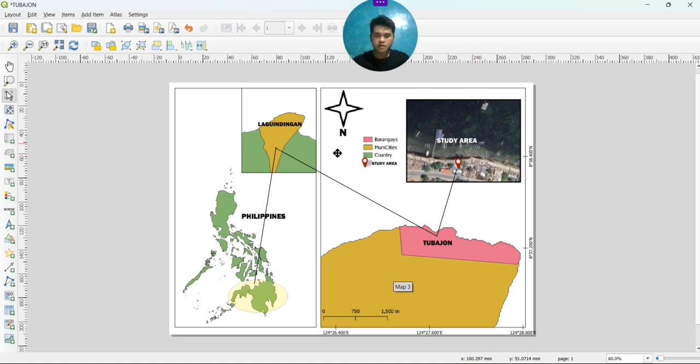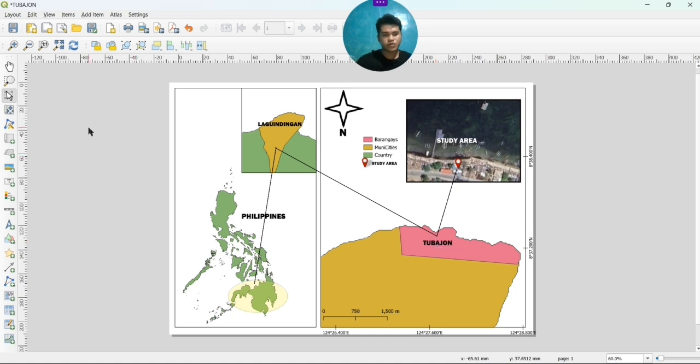So if you want to explore more, just click other settings and the maps and the other features here for your curiosity. So just experiment. And for this video, this is the most important thing you want to have in a map.